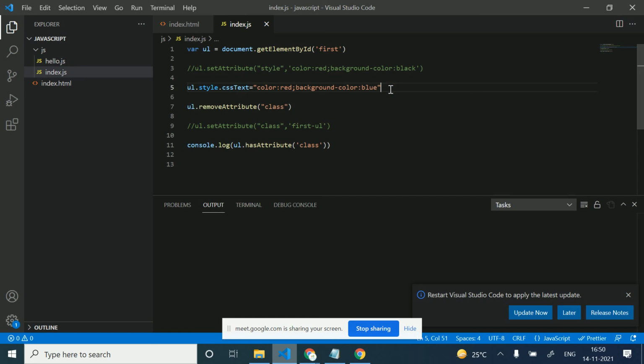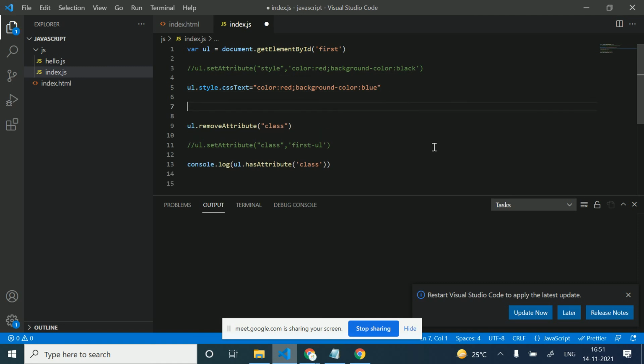If I want to get the CSS which I have applied here, how can I get it? I have a ul, and there is a function in that, getComputedStyle. I will pass this. This function will give me the whole CSS applied on that element.